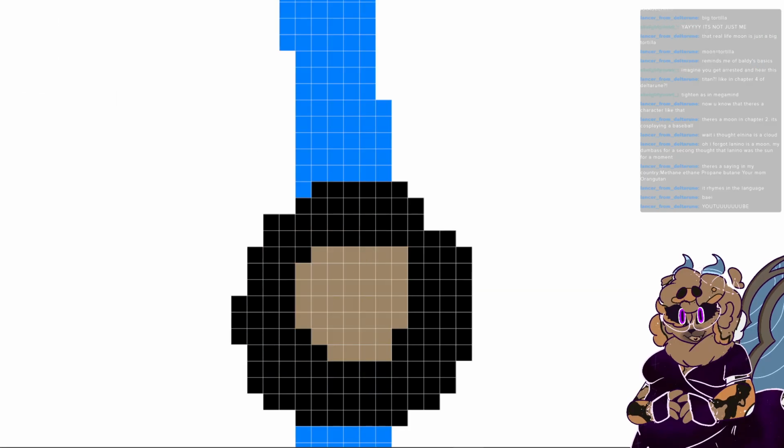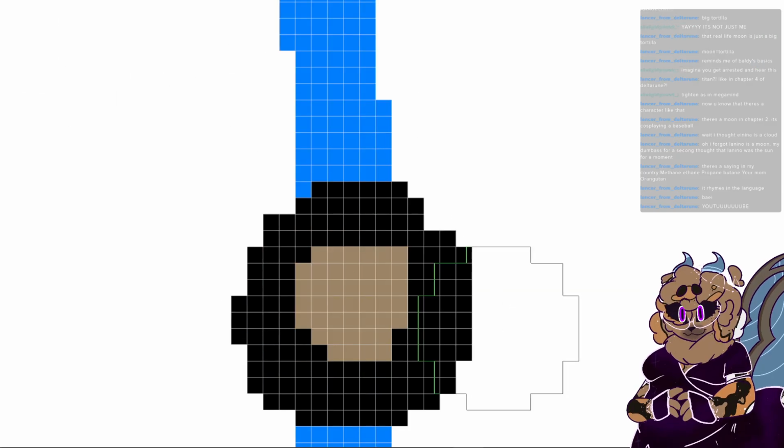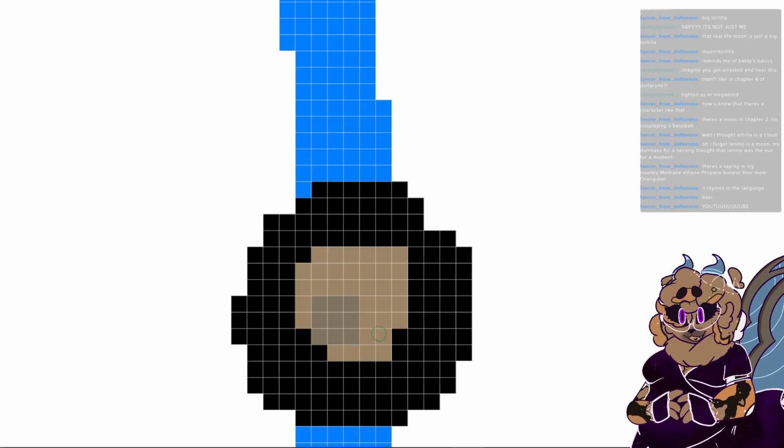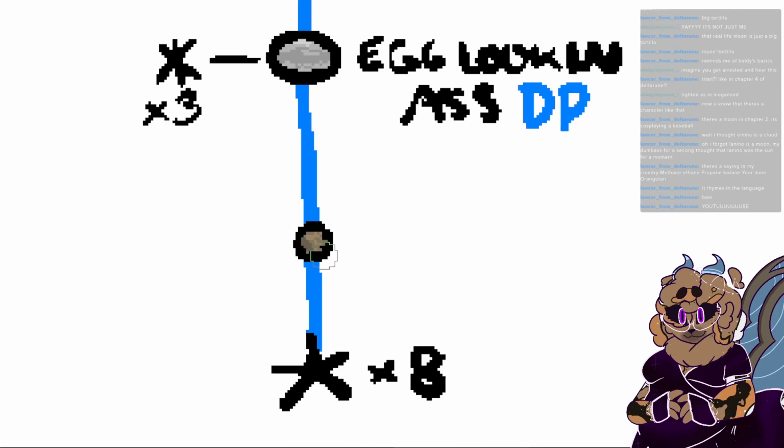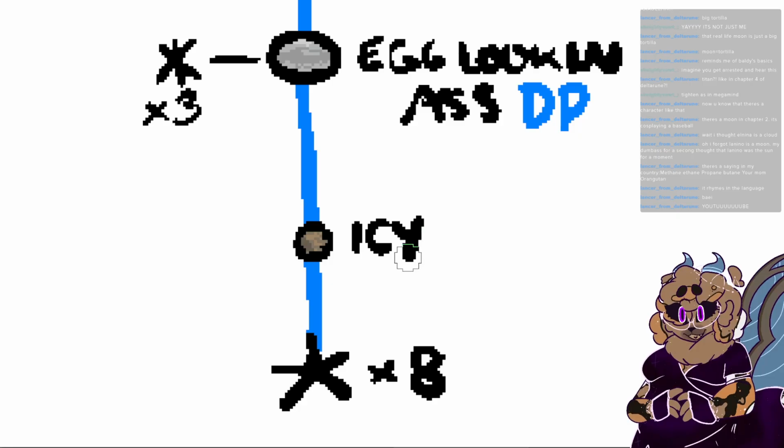So we've got this one with that nice brownish color here. Add in a few more splotches here and there. Another darker spot all along this side. Awesome. And label this one Icy